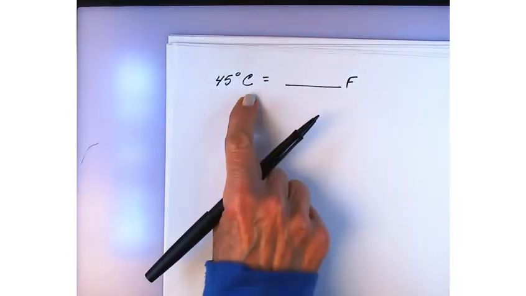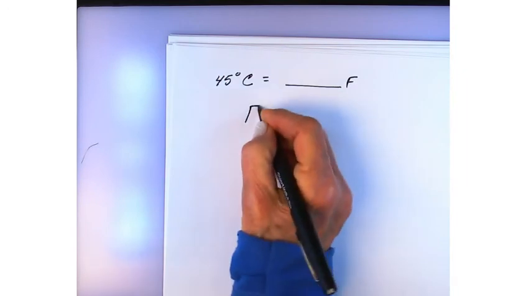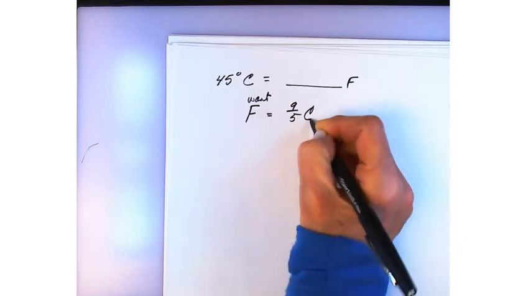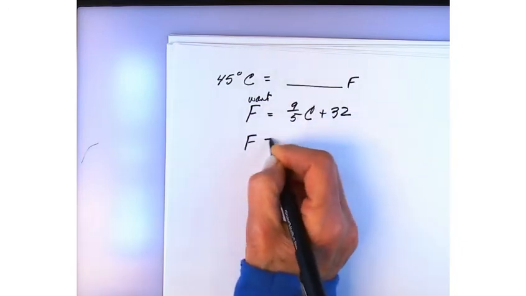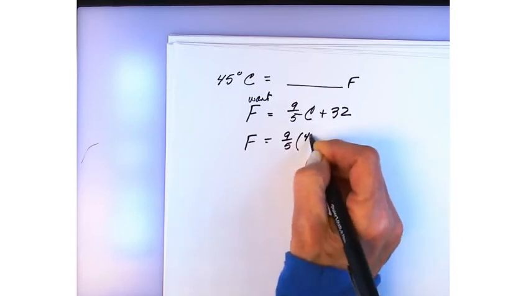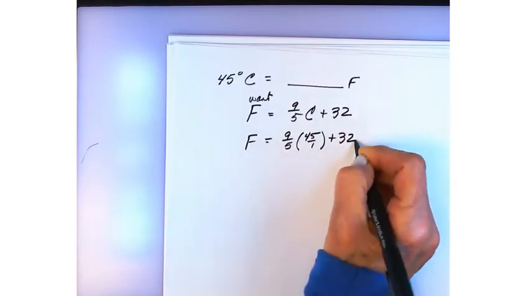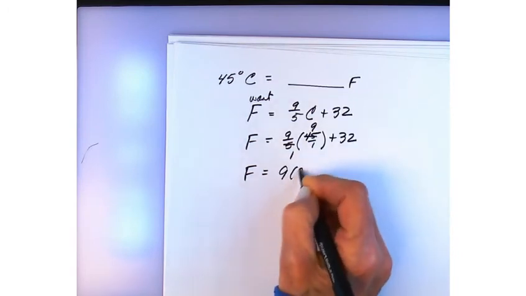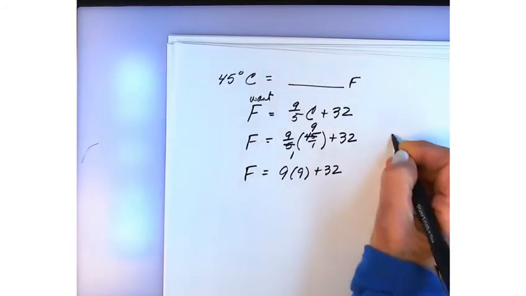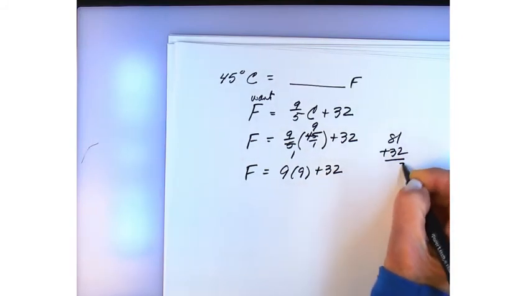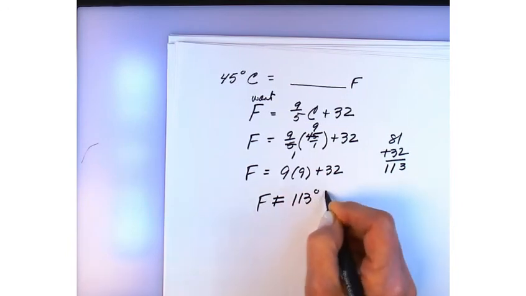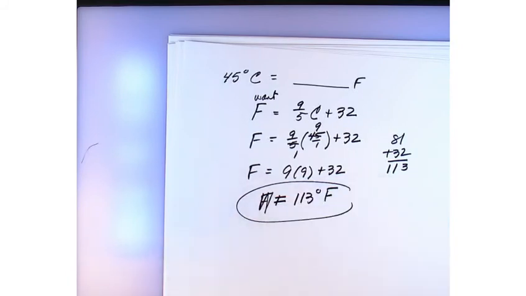Okay, here we know Celsius, we want Fahrenheit, so this is what we want, and we have 9/5 C plus 32. 9/5 times 45 over 1. 5 goes into 45 9 times. So we have 81 plus 32. Fahrenheit equals 113 degrees Fahrenheit. So there we go. You have 2 of each